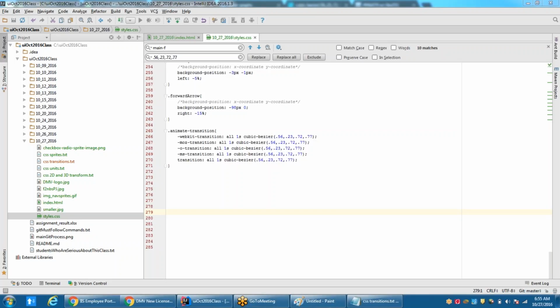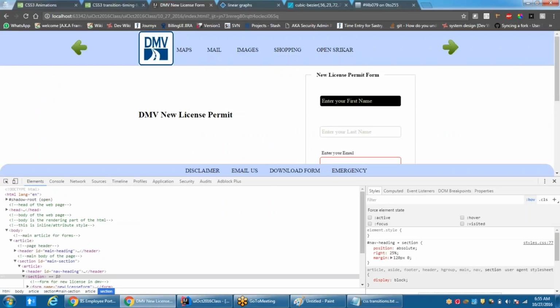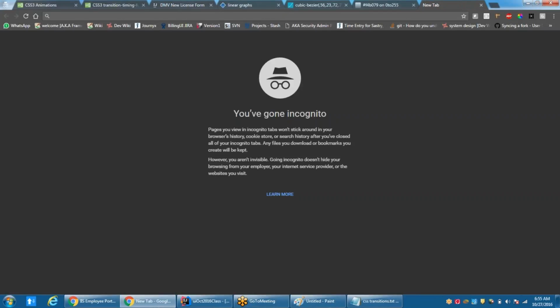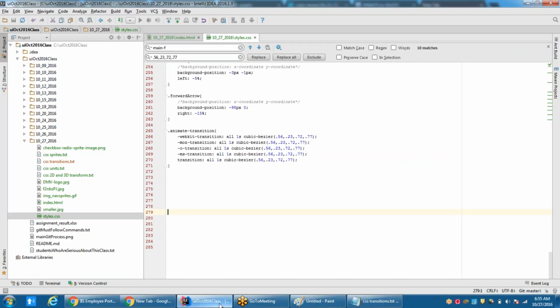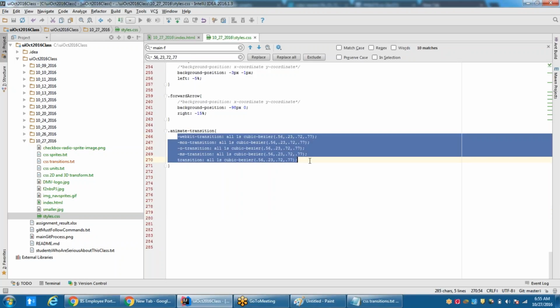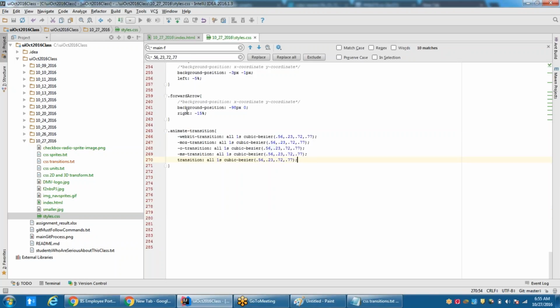I mean there are some websites which do that kind of animation, but I can't remember one off the top of my head. But most of the time you will see transitioning of that particular style,